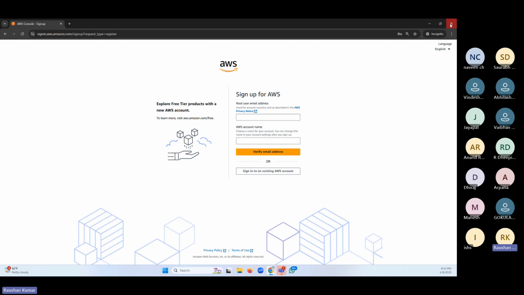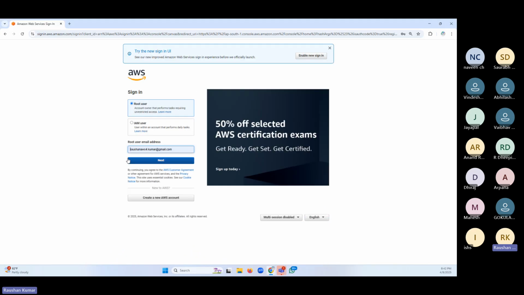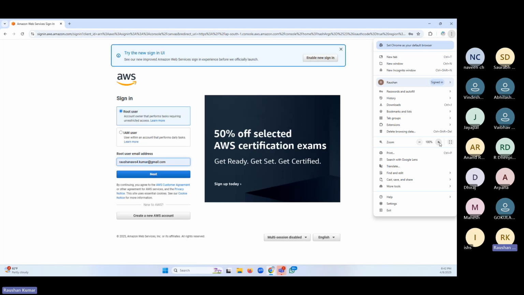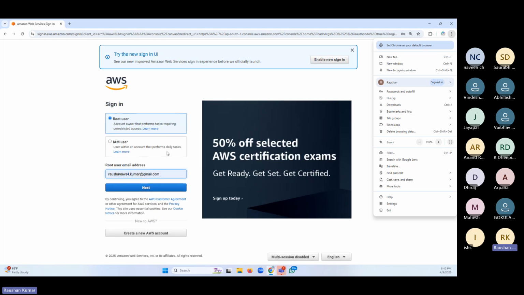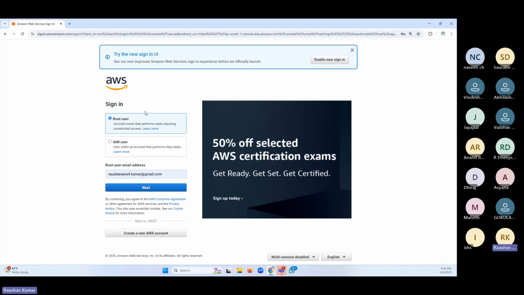Once you create the account, the email address that you have used is your root user. You do see 2 options here, right? Everybody would get 2 options, the root user and the IAM user. The root user has the ultimate privileges. The IAM user does not have the ultimate privilege. Say when you join a company, you would not be given the root user.